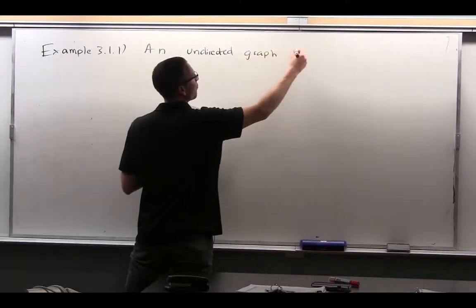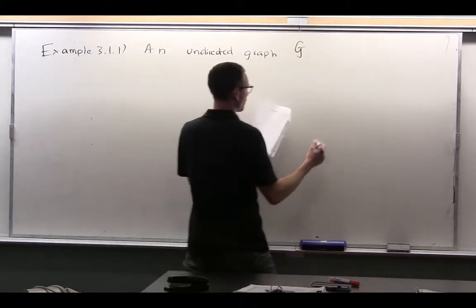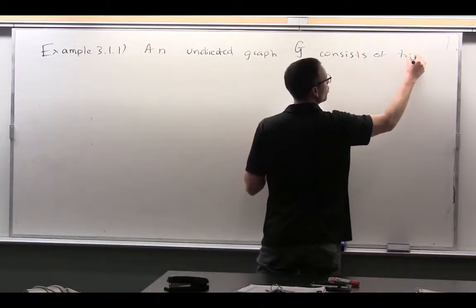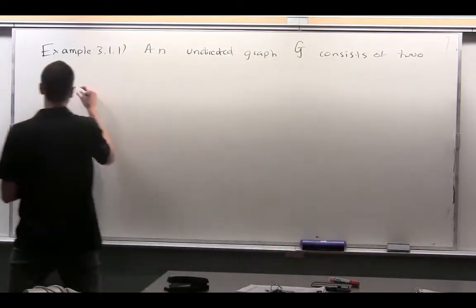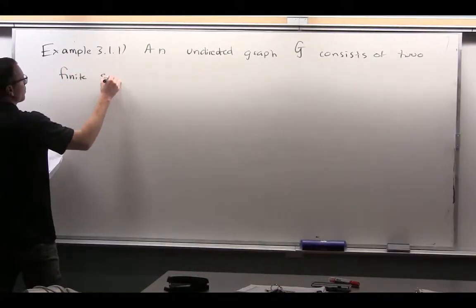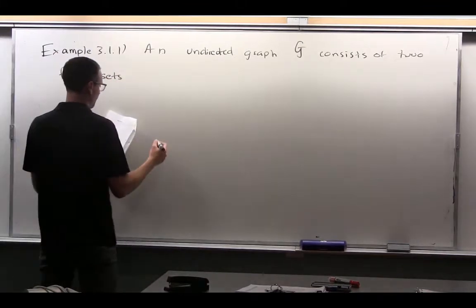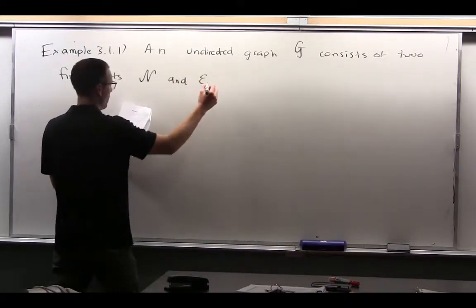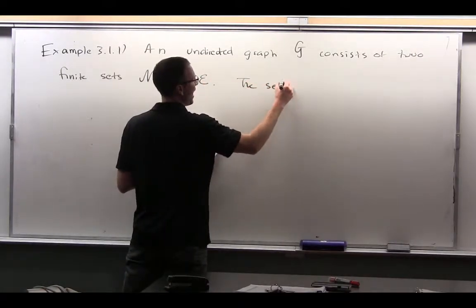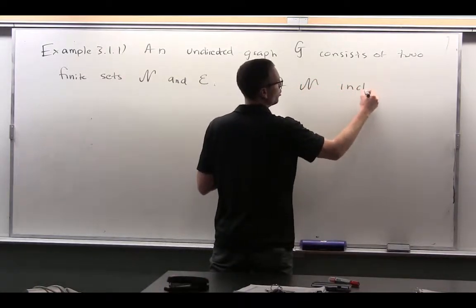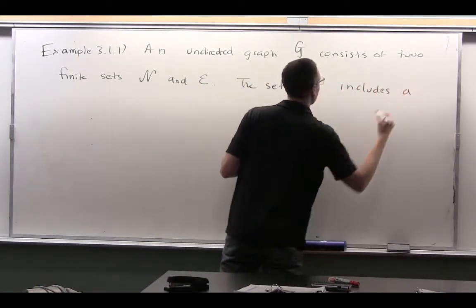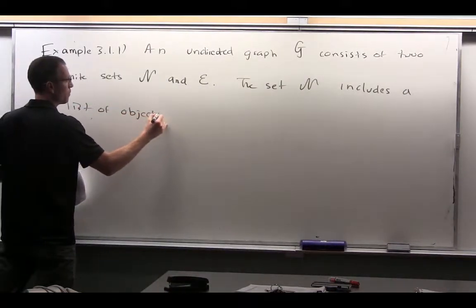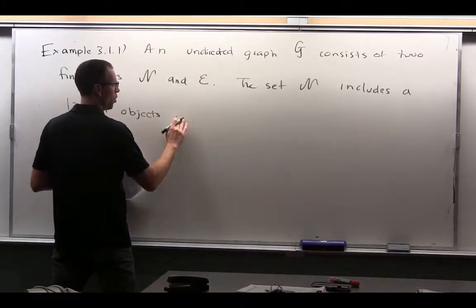An undirected graph G consists of two finite sets, N and E. The set N includes a list of objects called